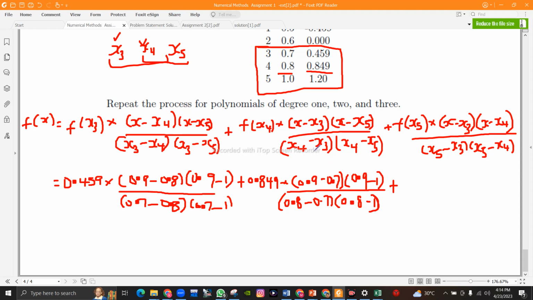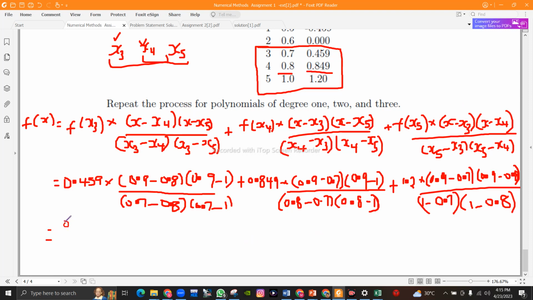plus f of x5, which is 1.2, times x minus x3, 0.9, x3 minus 0.7, then x minus x4, 0.9, x4 is 0.8, divided by x5, which is 1, minus x3, which is 0.7, x5 again, which is 1, minus x4, which is 0.8. So we calculate this,